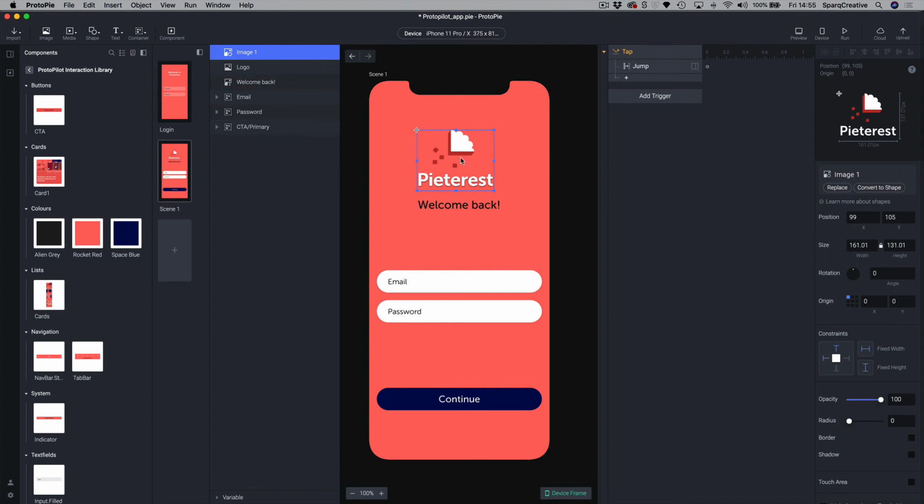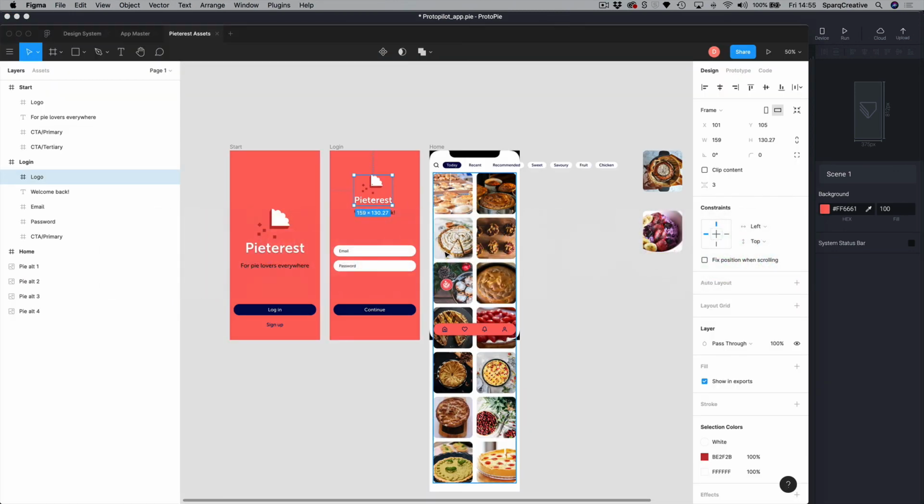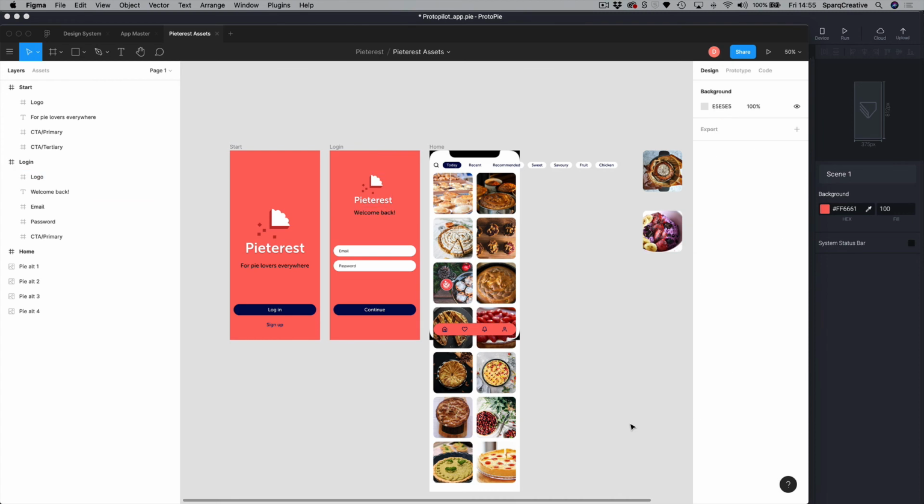But as you can see, there were a few steps I had to do, resizing and all the rest of it. So let's just delete that for a second. The other way of doing it is I've already saved an SVG out from Figma. I've just used the export command here, and I've chosen SVG, and I've exported the logo from Figma